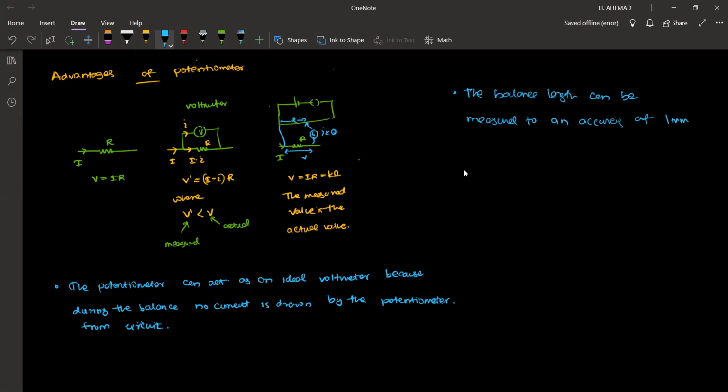If we use a meter stick, we can measure it to an accuracy of 1 millimeter. So the reading also will be much more accurate. During the balance of the potentiometer,